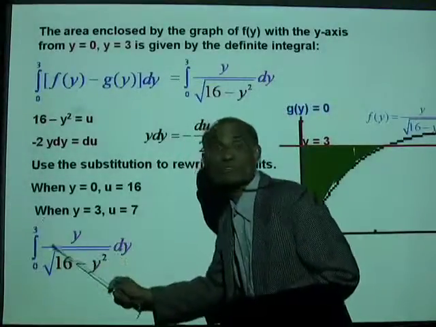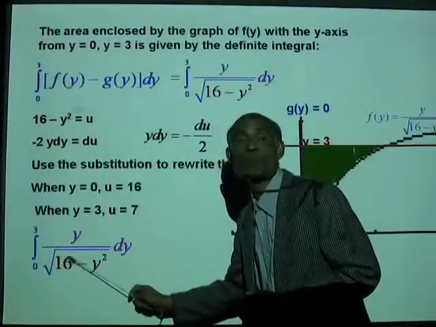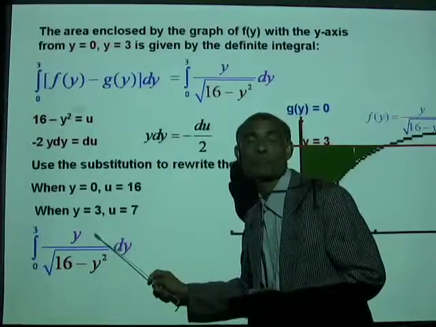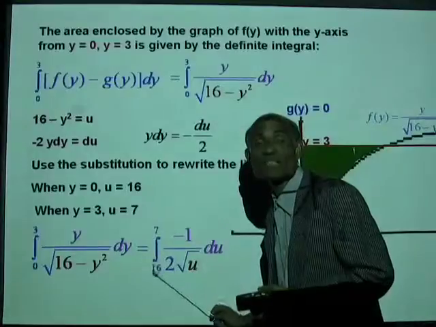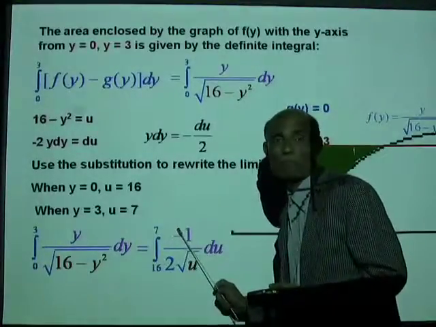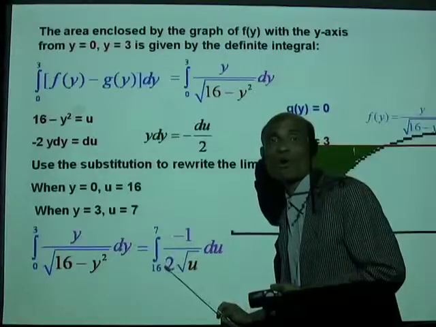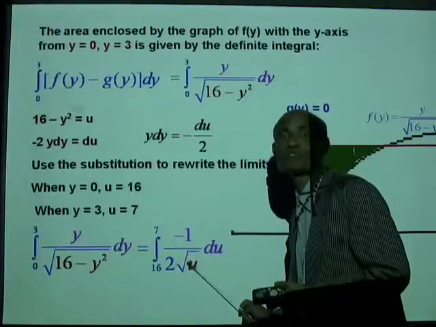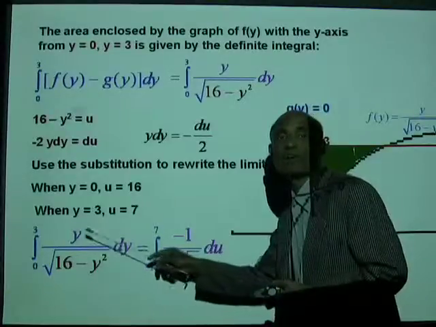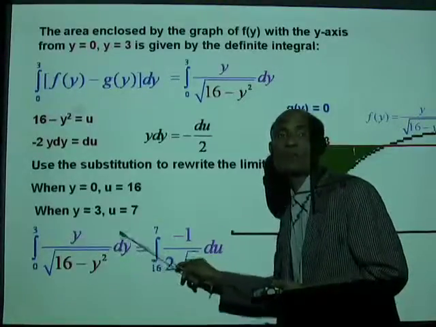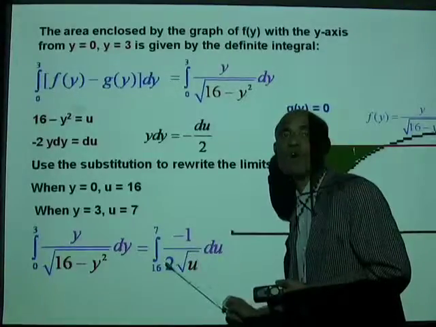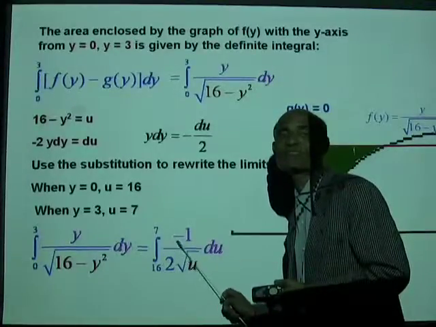Integral 0 to 3 y over square root 16 minus y squared dy now becomes integral 16 to 7 of, look at this, negative 1 over 2 square root u du. Did you understand this? If you recall, our y dy is negative du over 2. There you got negative du